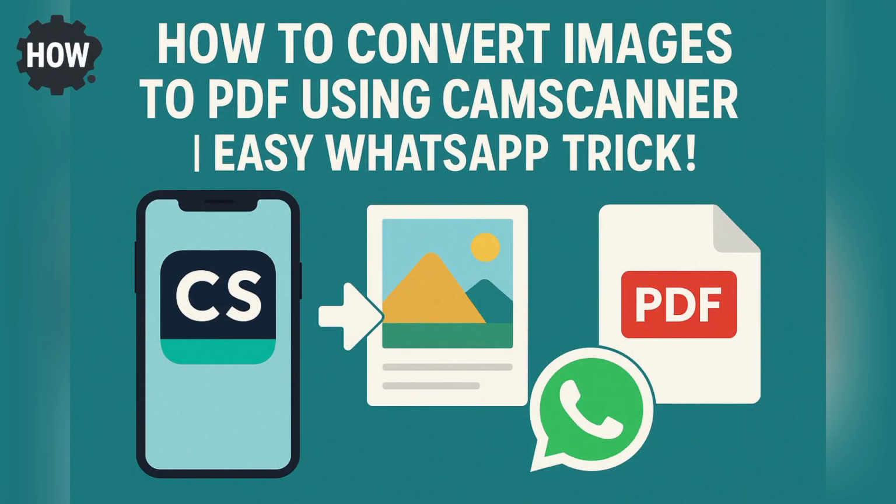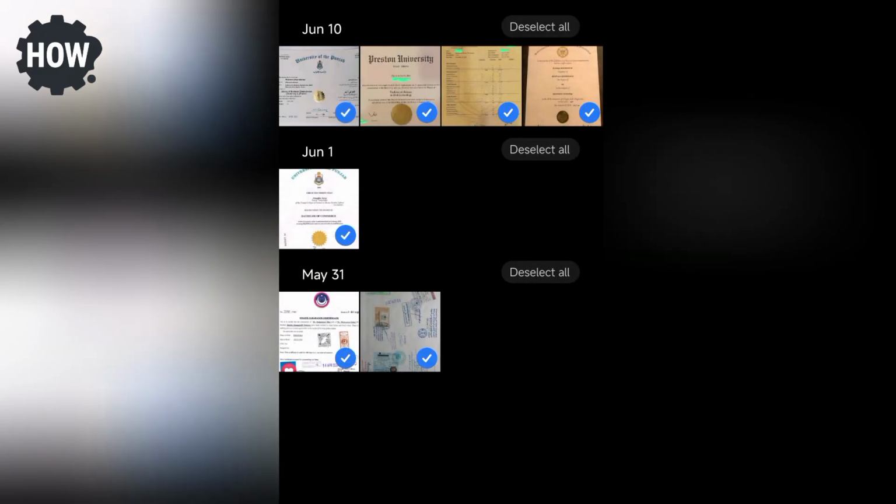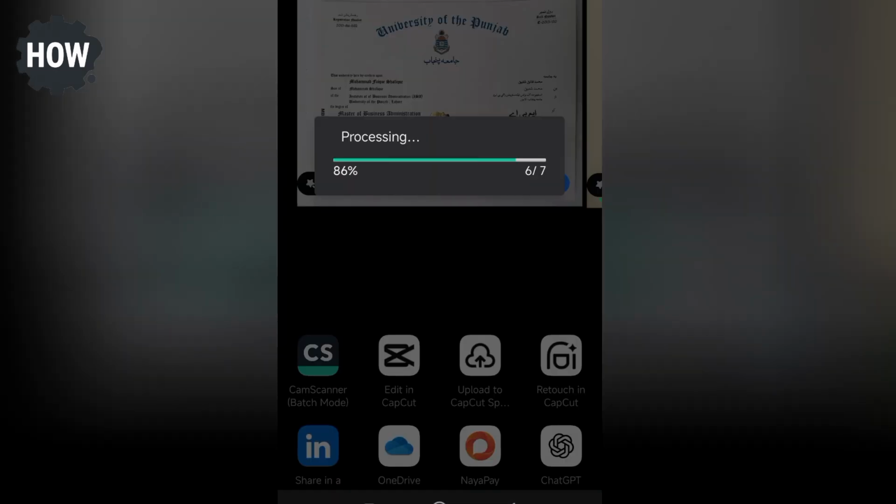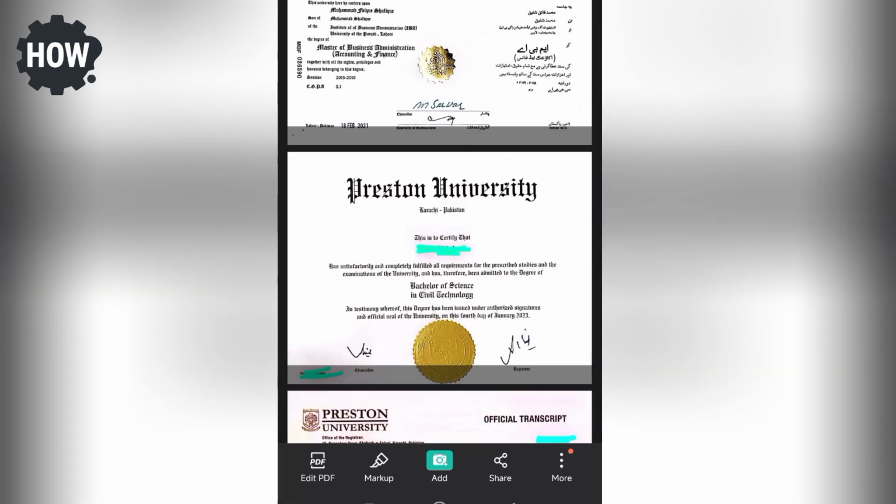How to convert images to PDF using CamScanner. Easy WhatsApp trick. Want to turn your images into a PDF in just a few taps? Stick around because today I am showing you the easiest way using an app that could seriously save you a